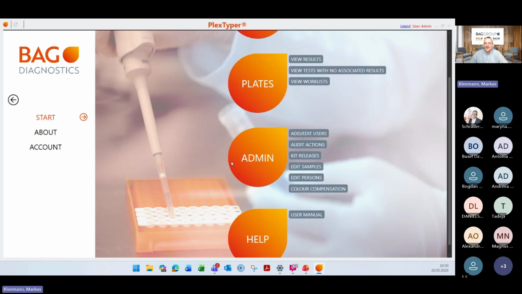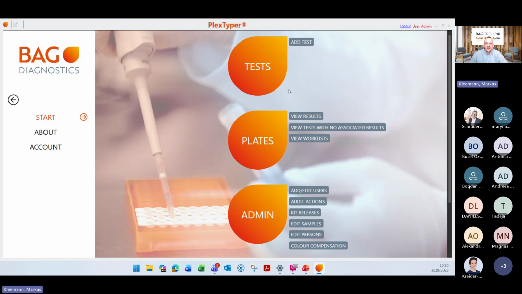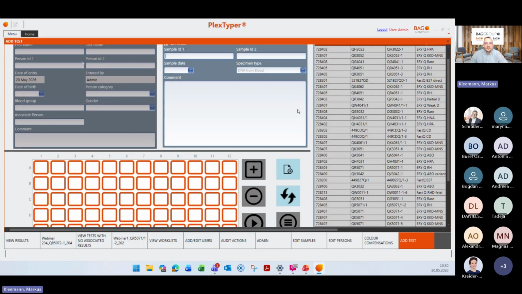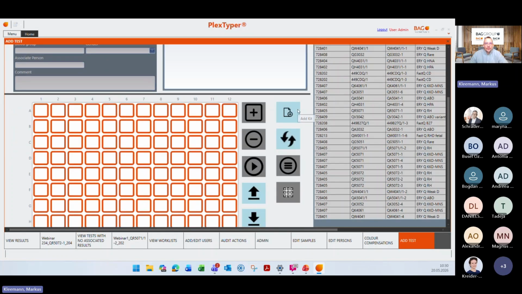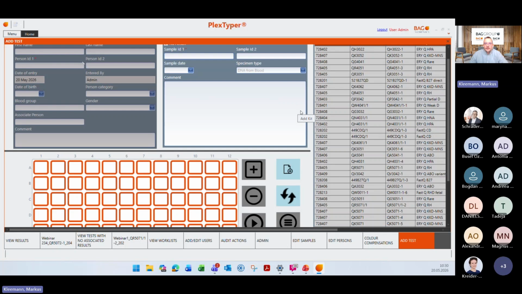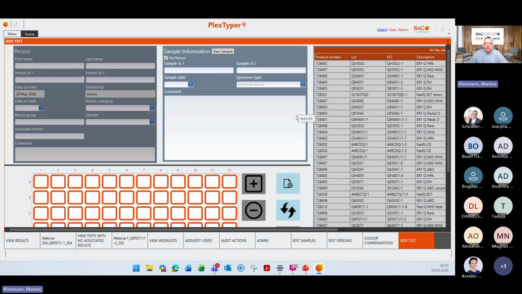Okay, then, yeah, hello, and back again to PlexTyper. So we start here with this add test function. So yeah, maybe after this poll, you already know this when you work with PlexTyper, but I also want to go in detail to this one. So PlexTyper, to add a sample on this 96 well plate, what you can see here, just needs the sample ID information,